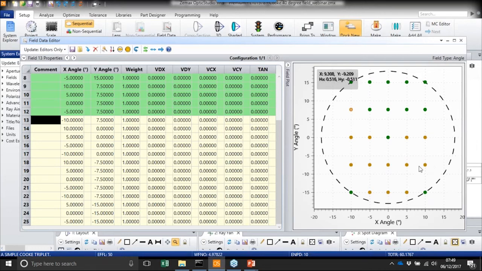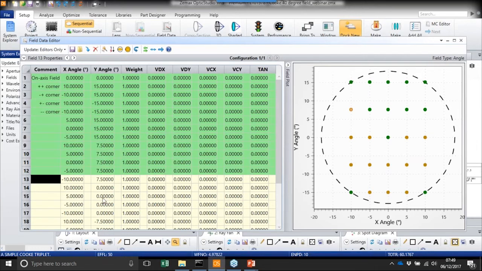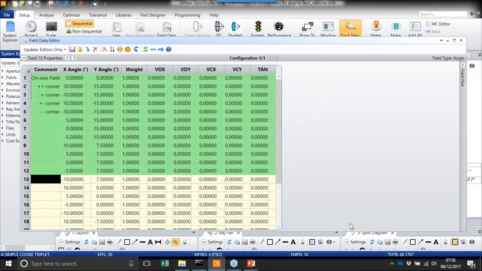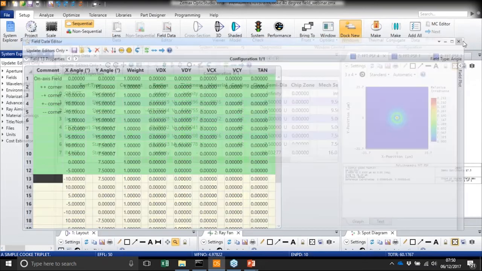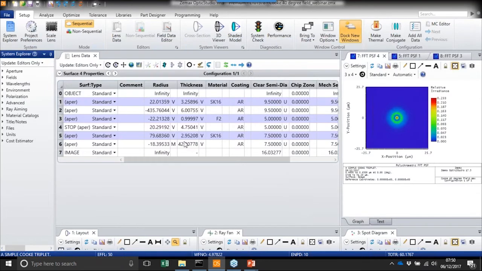The next simplification we made in the user interface is with the optimization wizard. With the optimization wizard, you have a lot of options, and we wanted to make it easier for you to build a merit function that's correct the first time. To show you what I mean, I'm just going to go into the optimization tab and open the merit function editor. Again, I'm going to move it out a little bit,